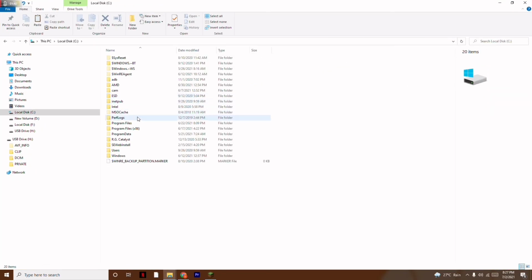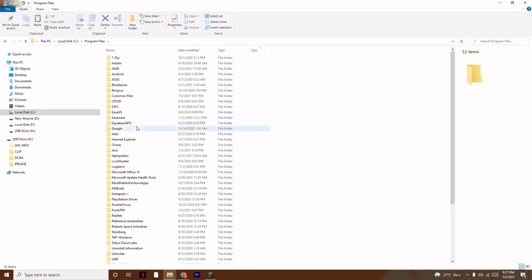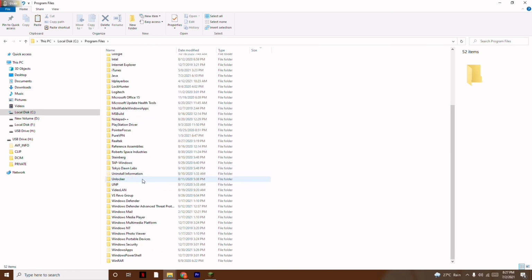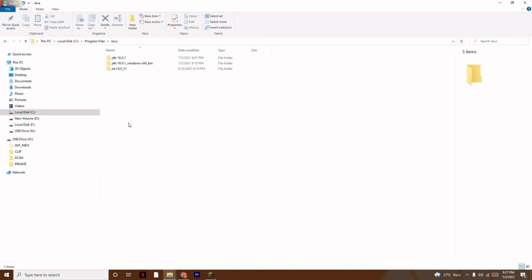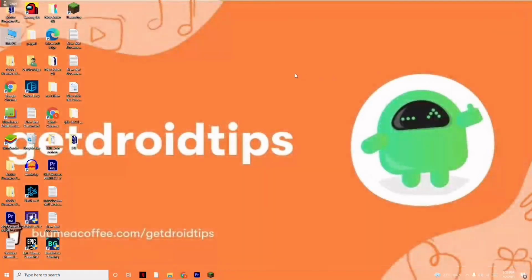Now from here I have to select Program Files, and find the Java folder over here. Then from here I have to paste it. You just have to paste it, because I have already pasted here, as you can see. Once it is done, close this. After successfully pasting the folder,